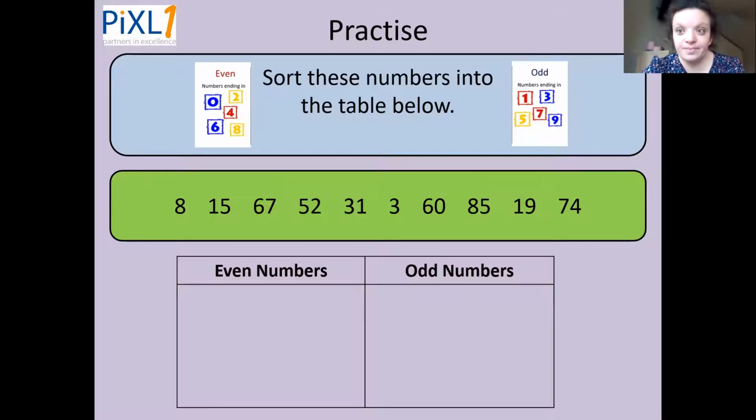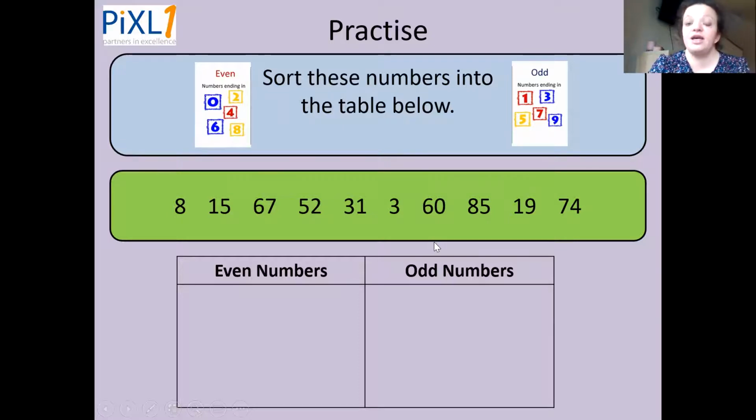Okay, pause. Okay, well done. Let's have a little look and let's see who got them right. So 8 would go into even, 15 is odd, 67 is odd, 52 is even, 31 is odd, 3 is odd, 60 is even, 85 is odd, 19 is odd, 74 is even. And I worked out all of those by checking my ones and seeing if it was